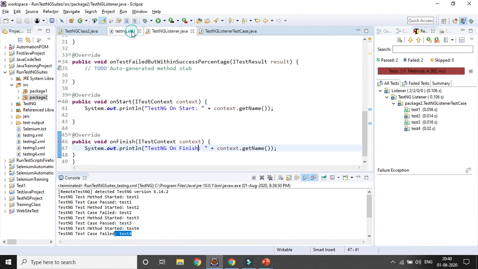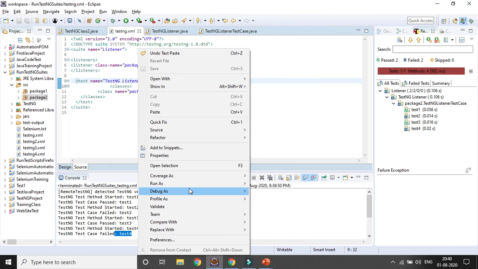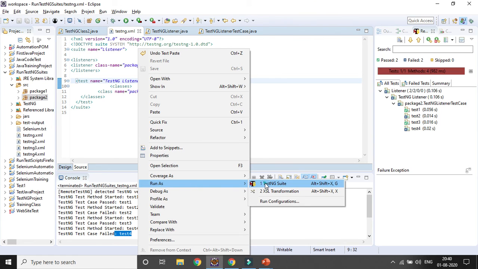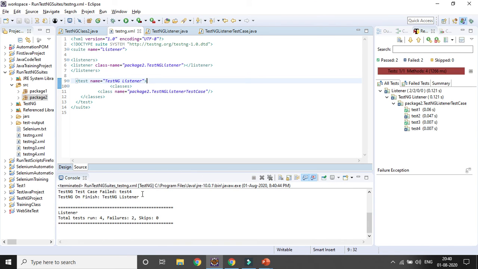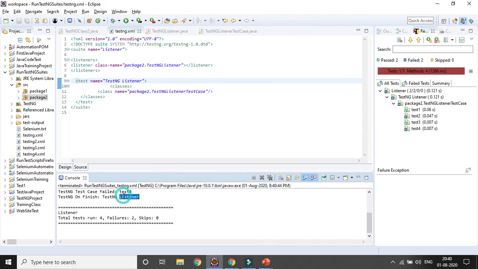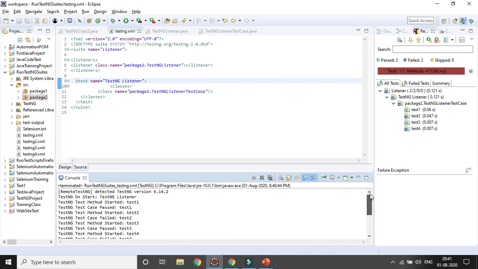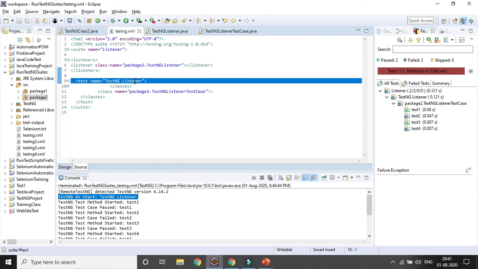Now if you run the TestNG XML file again, it will give you the output. You can see TestNG listener on finish, because that is the class name we have given. Finish and start run only one time. The context coming is whatever I have given here, TestNG listener, that is the test name I have given.